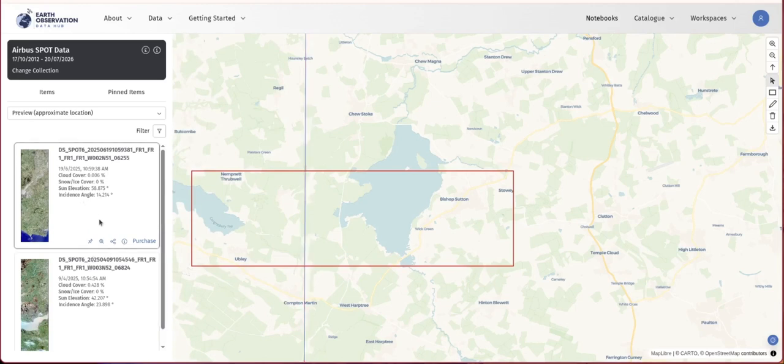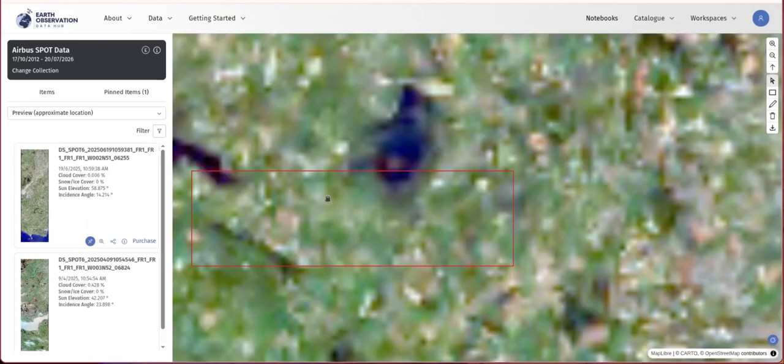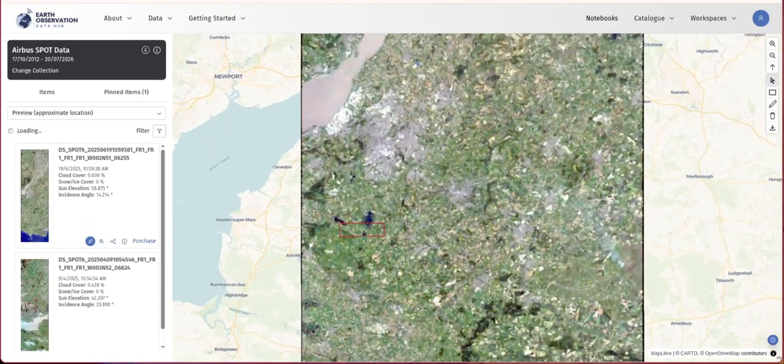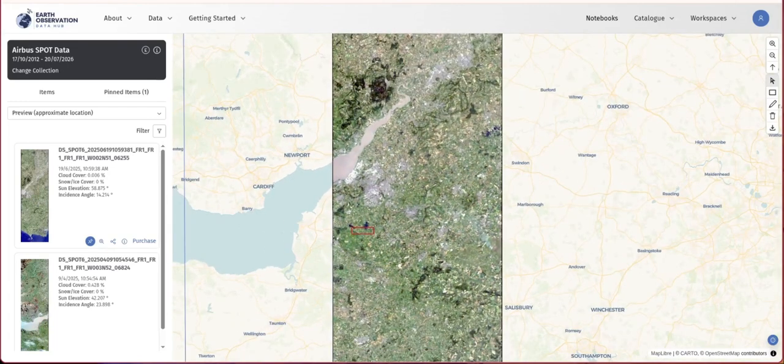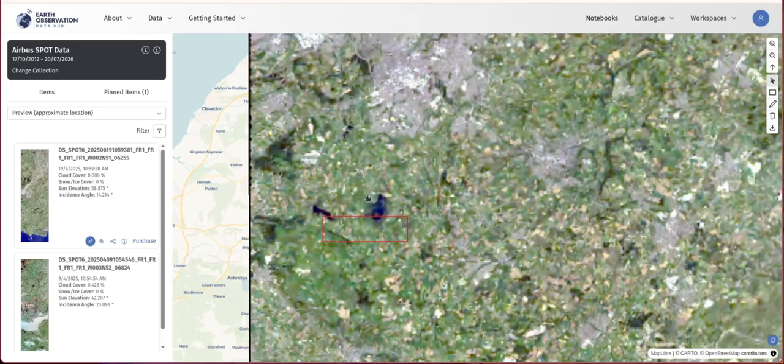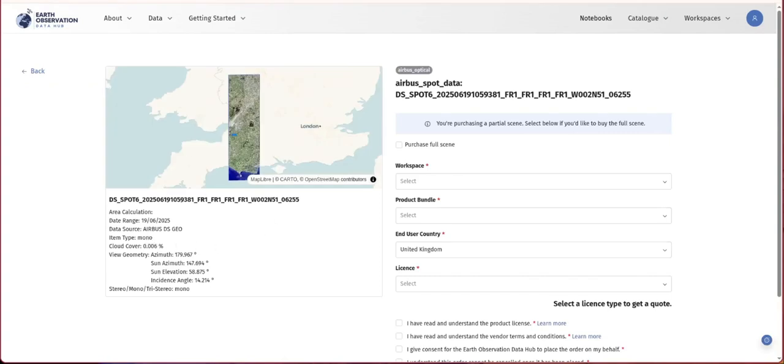That's great, and we can do things such as pin them, and then you get an overview. So if I zoom out, you would see an overview, and you can tell whether or not there's any cloud over the area that you're interested in. Next thing to do, because we want to purchase some data, is click Purchase, and that takes you through to